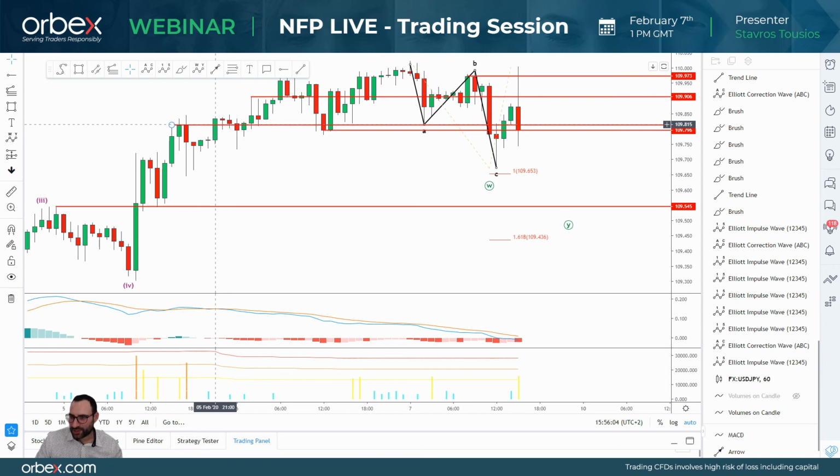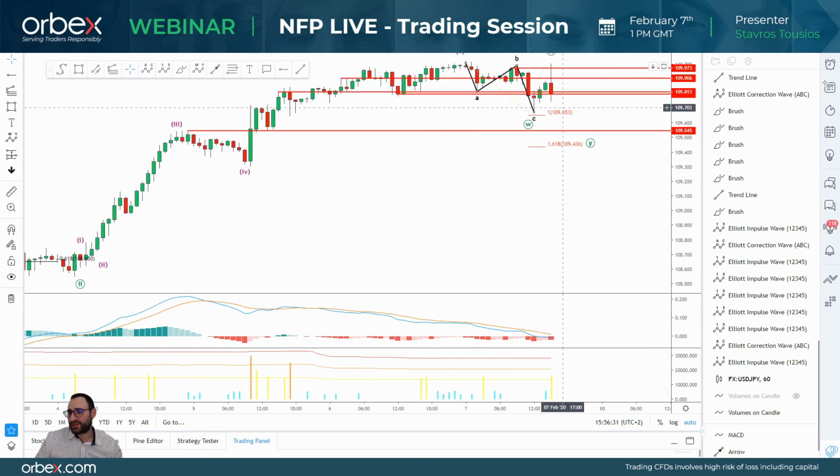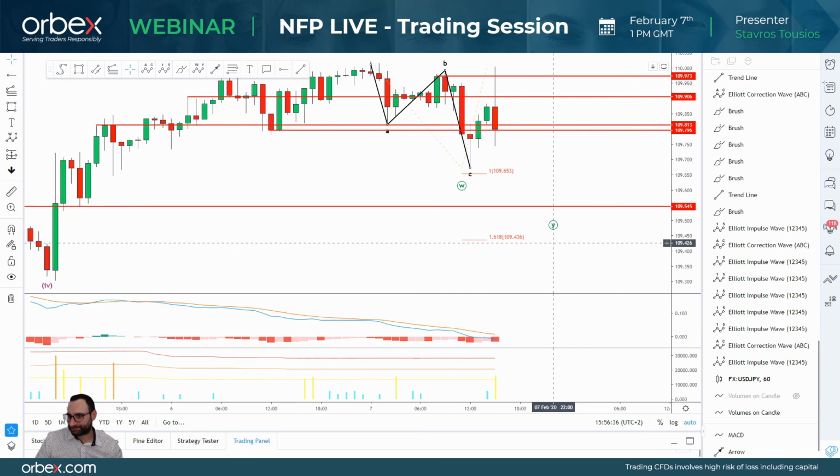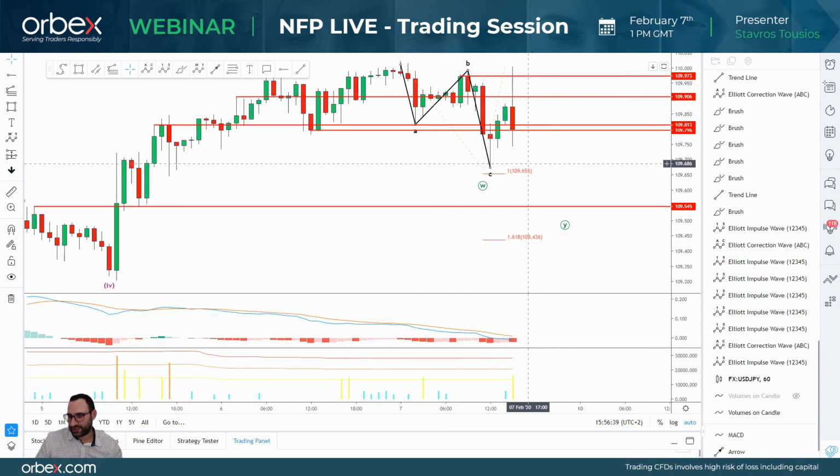candlestick, right? So if prices close above 109.796, or even above, actually the first level will be 109.796, this is a positive indication for dollar yen, okay? Which means that most likely this is going to be a correction to the downside and prices are going to move higher. Now we could see prices actually remaining in this range for quite a while, okay? But this will take a few hours at least to have some proper indication.